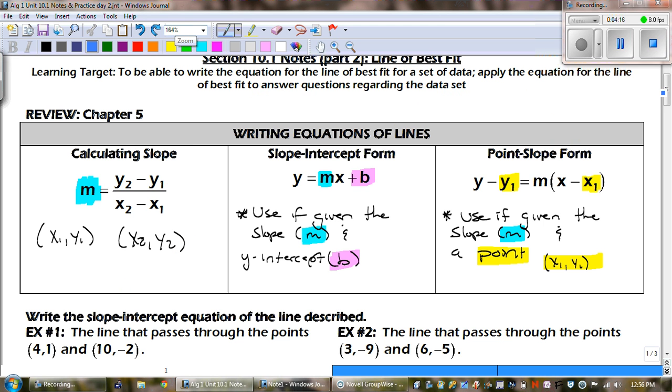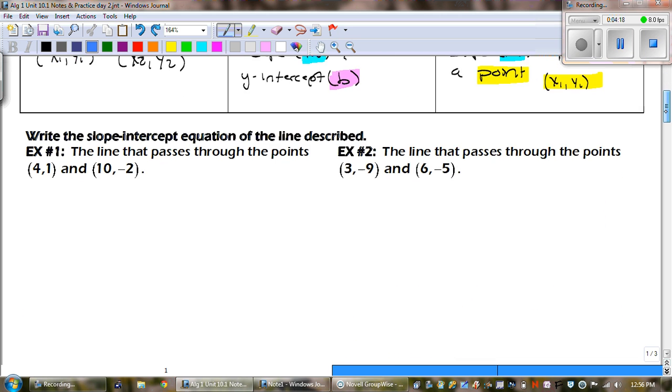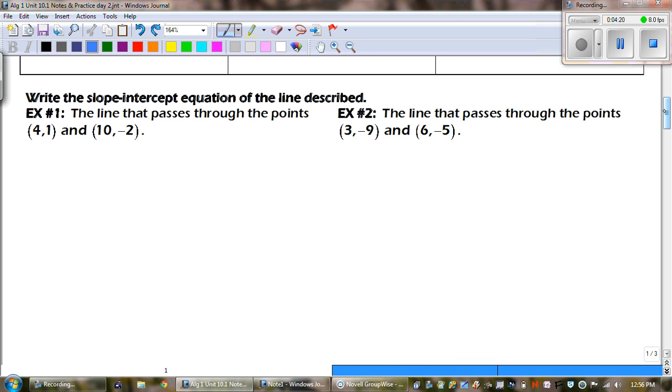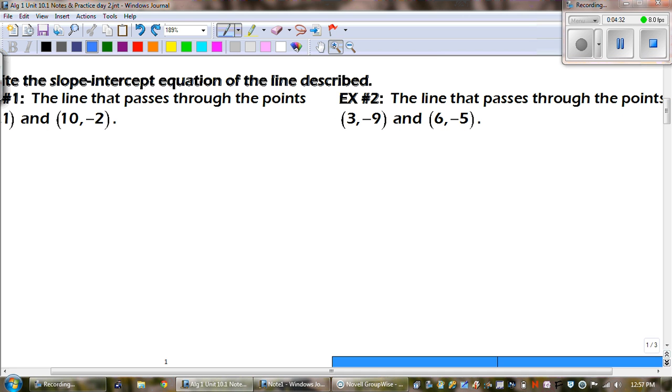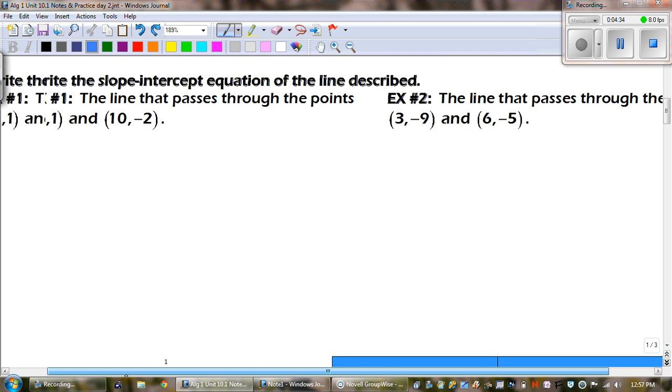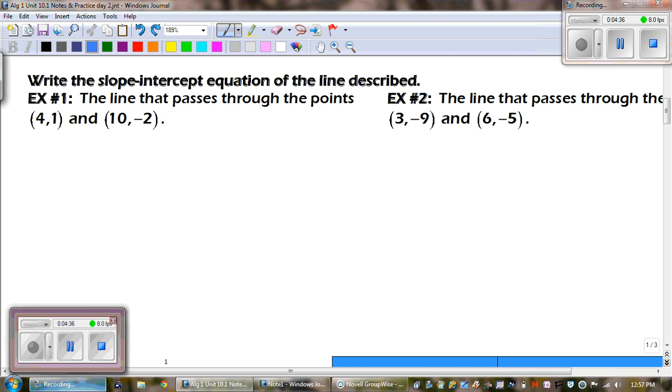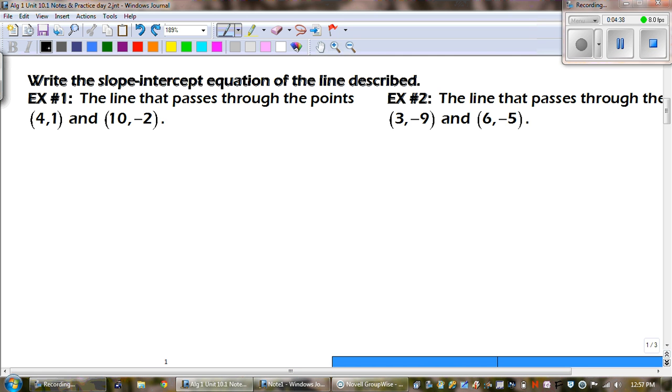Let's look at the first question. The directions say to write the slope-intercept equation of the line described. Example 1: the line that passes through the points (4, 1) and (10, negative 2). So they gave us 2 points. When they give us 2 points, step 1,